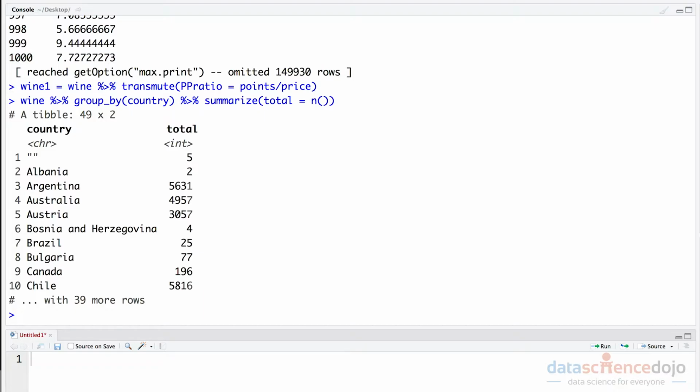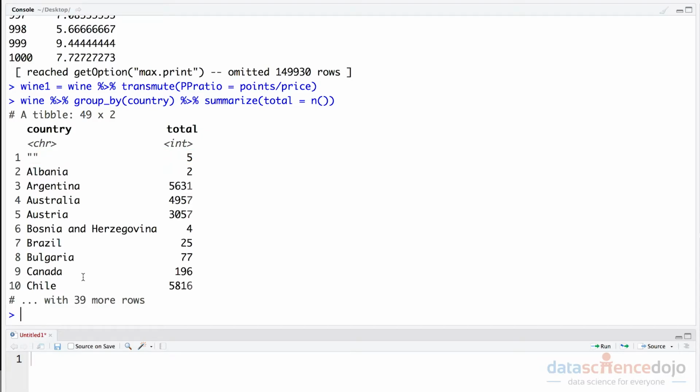All right, so now we're running into a problem because there are 5 observations that have the country variable missing. Missing values are a common problem when we deal with any kind of real-world data set. But don't worry too much here because we're going to learn how to impute the missingness. So if you want to find out what these 5 observations are that don't have a country specified, we can